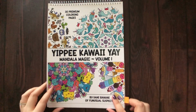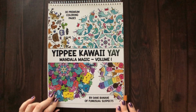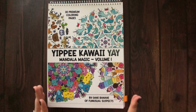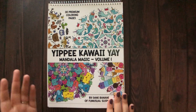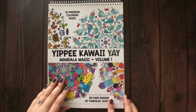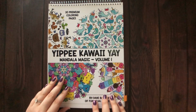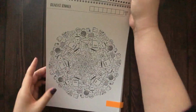The next item to find was an egg. I knew right away that I was going to go to the Yippee-Ki-Yay book by Danny the Nanny. Actually, there were quite a few pictures that I could choose from in my coloring book collection, especially if you are in the mood to start coloring Easter stuff, because there's a lot of Easter egg pages that I saw in Erie. Some Tatiana Bogima-Stalova, she has the nice little town Easter. So there's lots of things you can look for, but I decided to go less seasonal